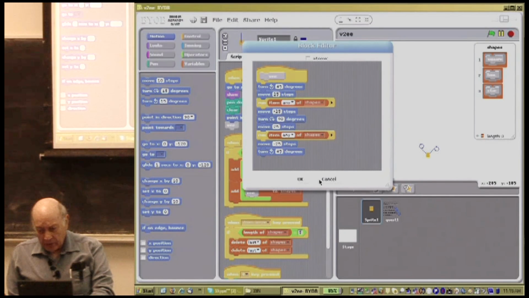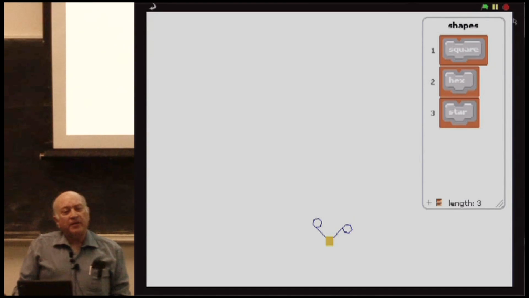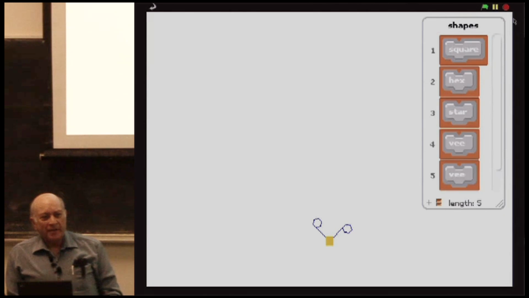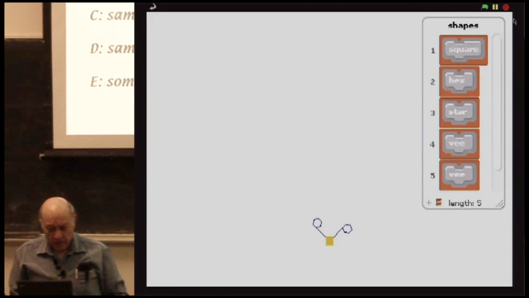So now what I want to do is I'm going to modify this shapes list a little by adding V to the list. V is the block you just saw that draws this whole thing. And so the question is,